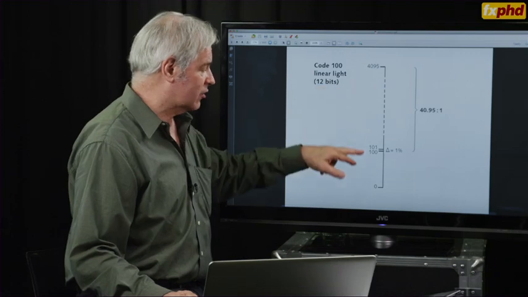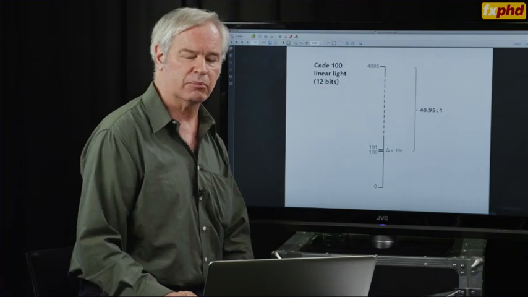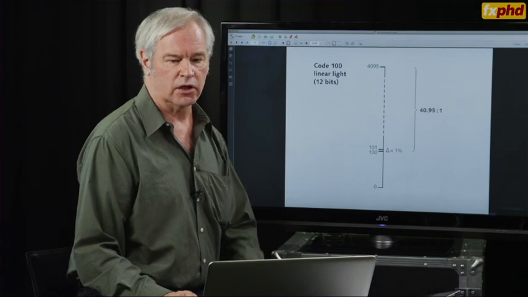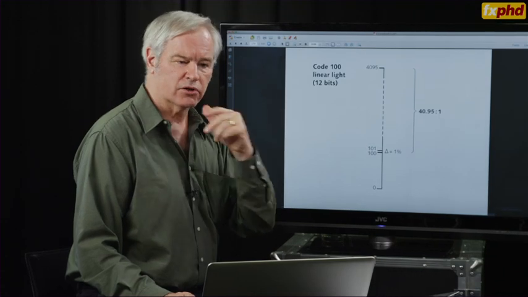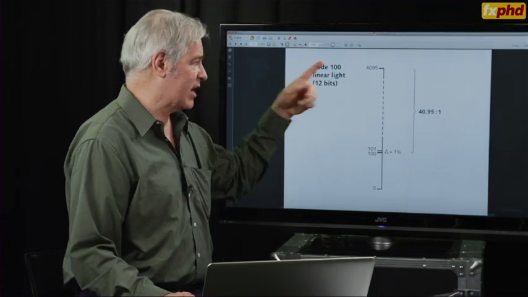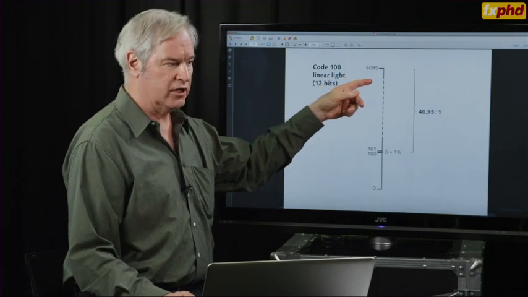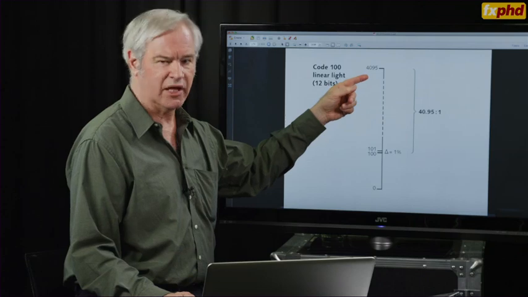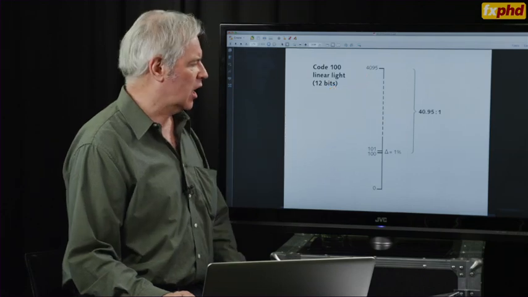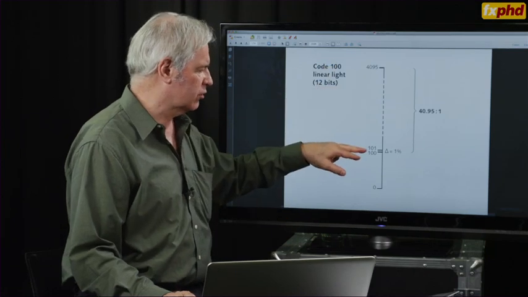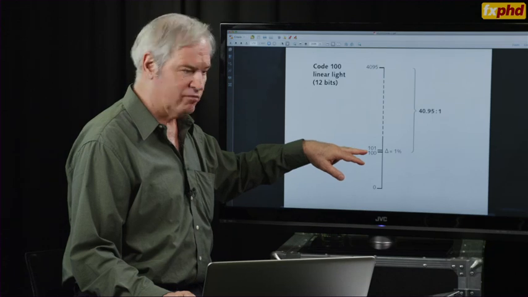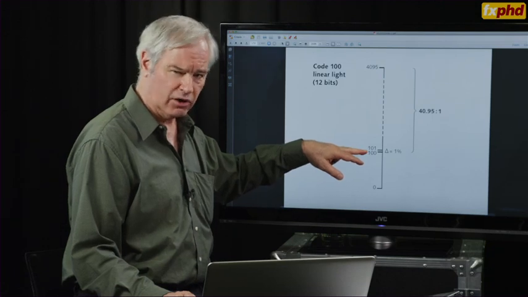And this linear light 12-bit coding is absolutely typical of, let's call it, midstream or mid-tier digital cinema cameras. This was Red 1. This is ARRI D20, D21. This is Sony F900. They all use 12-bit converters. So they all had code 100 problems of banding and contouring in the really, really dark shades.